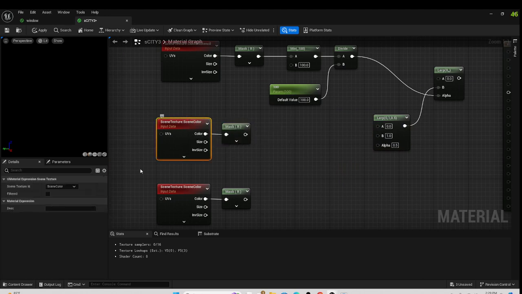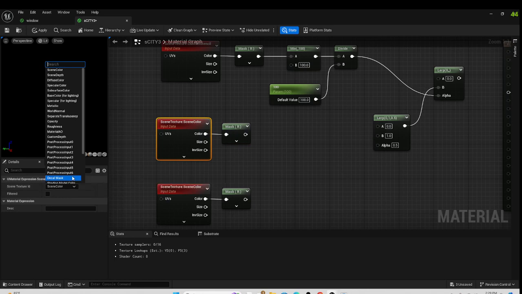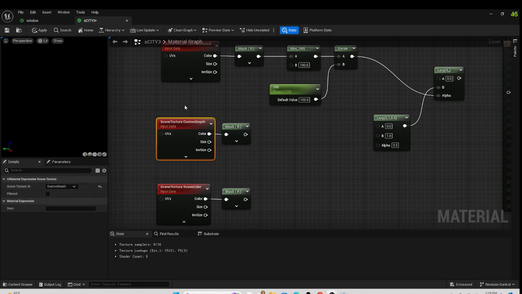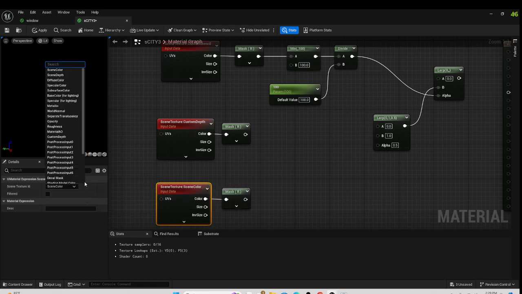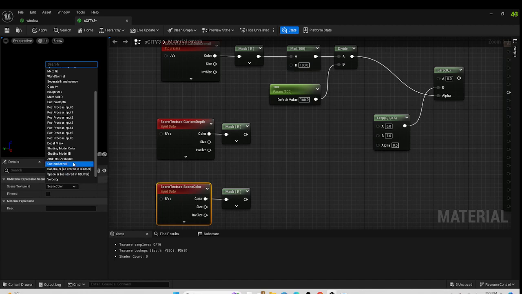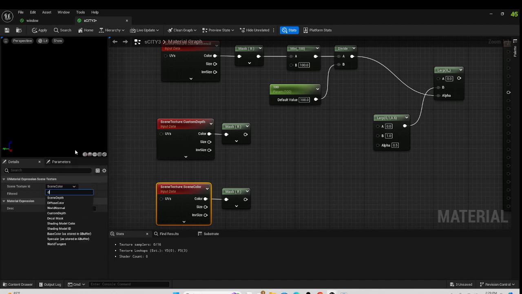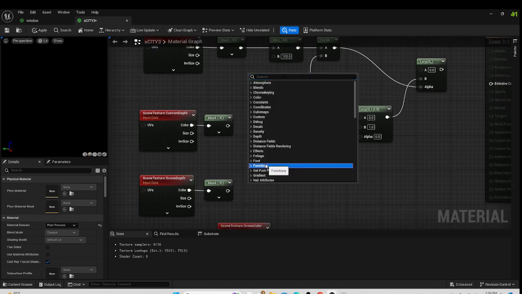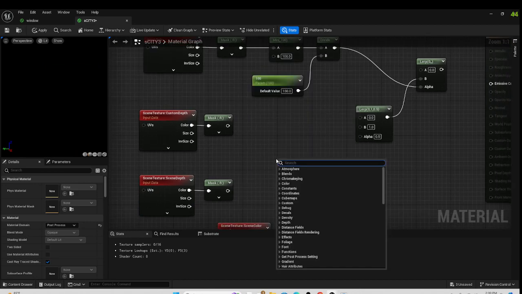We're going to click this and change this to custom depth. And then this other one, we're going to click this and go to the other depth. What is it? Scene depth? Scene depth. Okay, so scene depth,